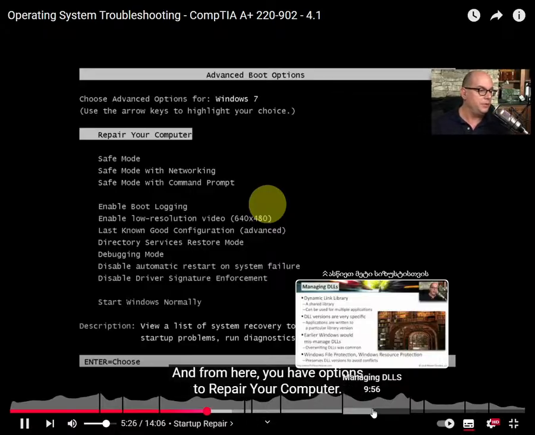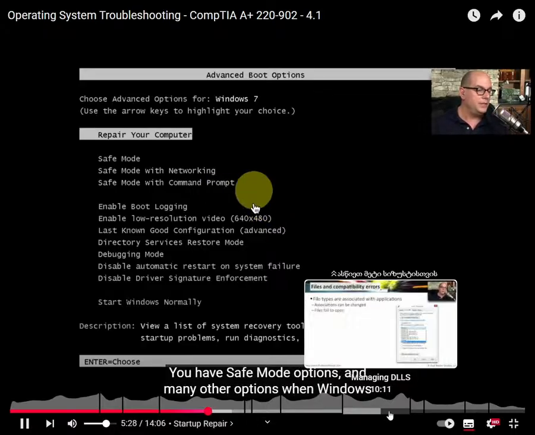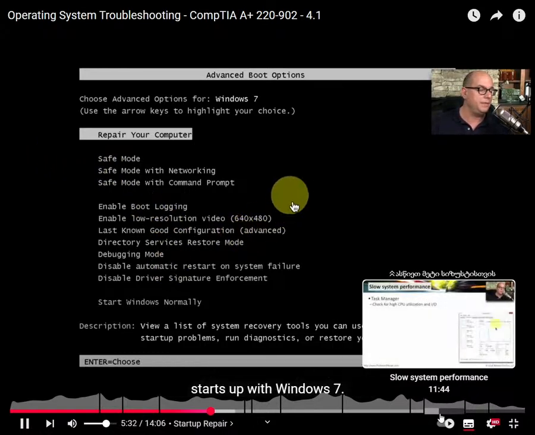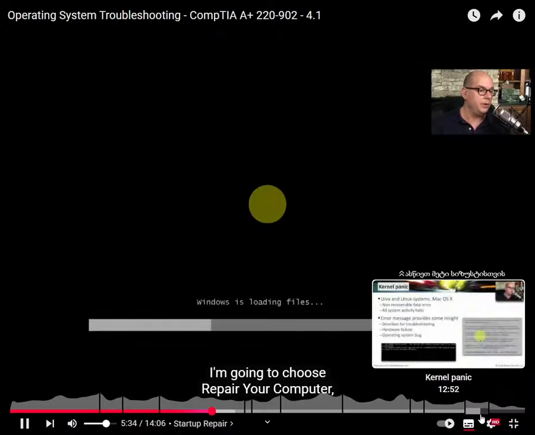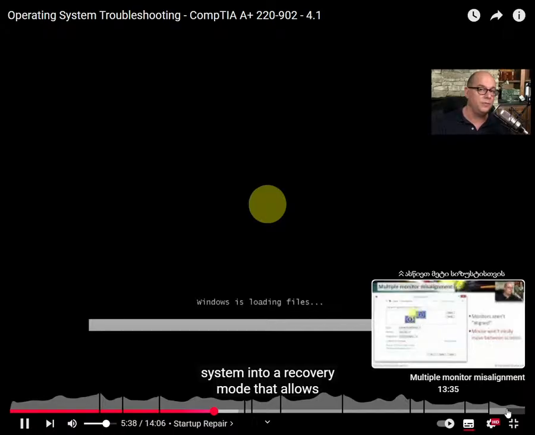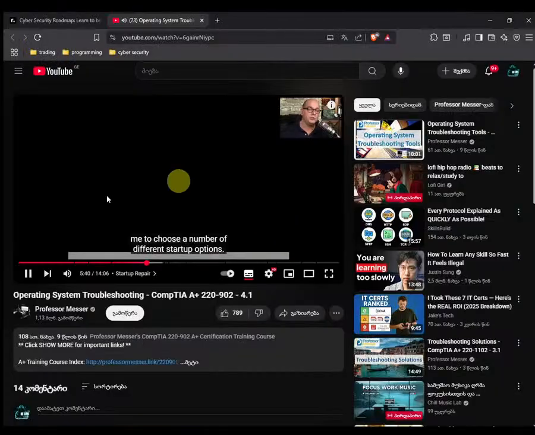And from here, you have options to repair your computer, you have safe mode options, and many other options when Windows starts up with Windows 7. I'm going to choose repair your computer, and it's going to start the Windows operating system into a recovery mode that allows me to choose a number of different